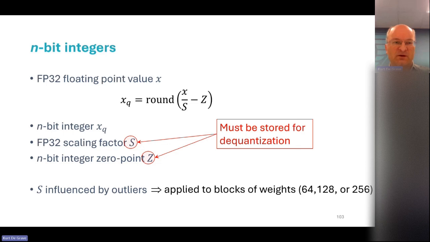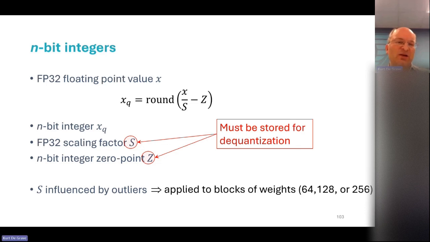Okay, so you can also do representation with integers, but then you want to scale them at the time of use, usually. So you have a scaling factor S and an offset Z. And you have to store those, because if you want to use the actual number, you need to retrieve those.